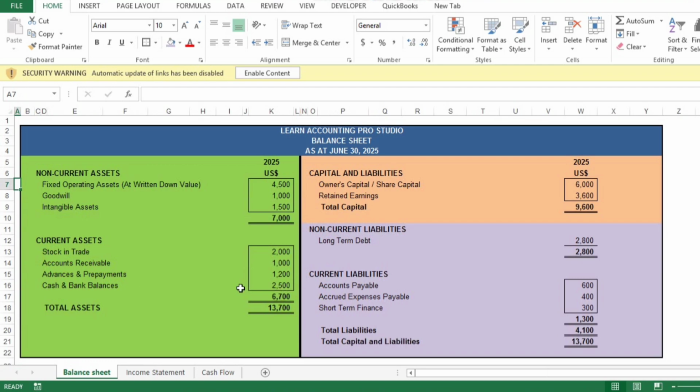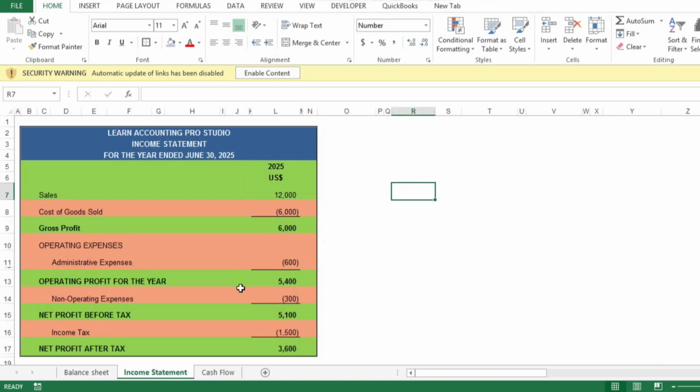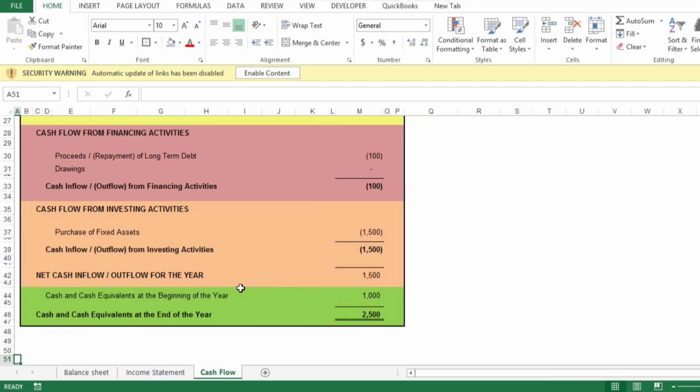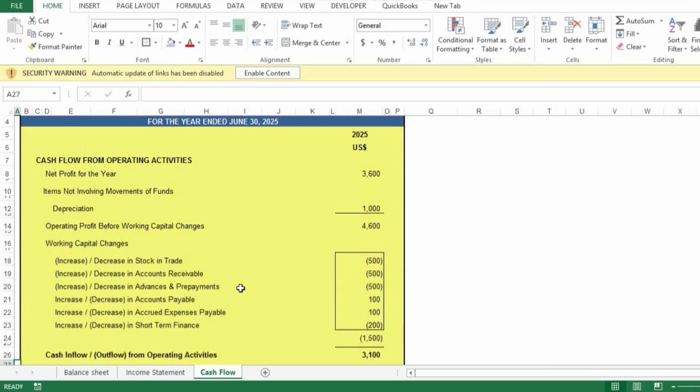अब छोटा सा रिकैप कर लेते हैं। बैलेंस शीट रिकॉर्ड करती है कि कंपनी क्या ओन करती है और क्या ओ करती है। ये पॉइंट इन टाइम स्नैपशॉट है और एक्रूअल अकाउंटिंग यूज़ करती है। इनकम स्टेटमेंट कंपनी का रेवेन्यूज और एक्सपेंसेस दिखाती है। ये एक पीरियड के ऊपर मेजर होती है और एक्रूअल अकाउंटिंग यूज़ करती है। कैश फ्लो स्टेटमेंट बिजनेस में कैश का इनफ्लो और आउटफ्लो ट्रैक करती है। ये पीरियड बेस्ड होती है लेकिन कैश अकाउंटिंग यूज़ करती है।